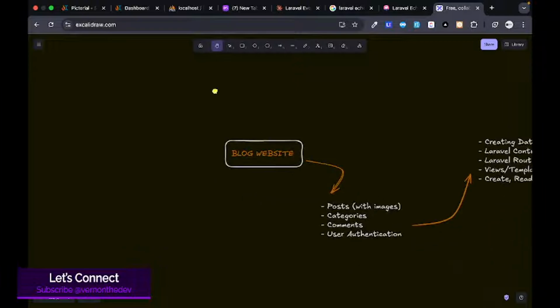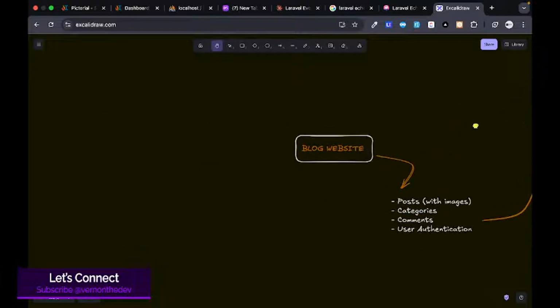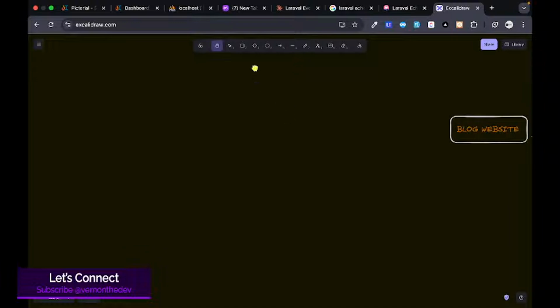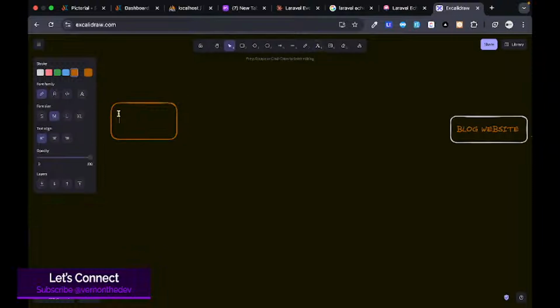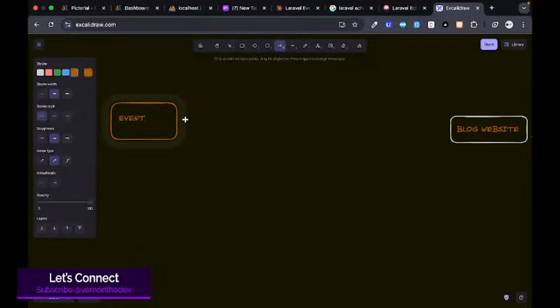Okay, this was some old stuff I had. So the main thing we're going to have is an event table here. Then we are going to have